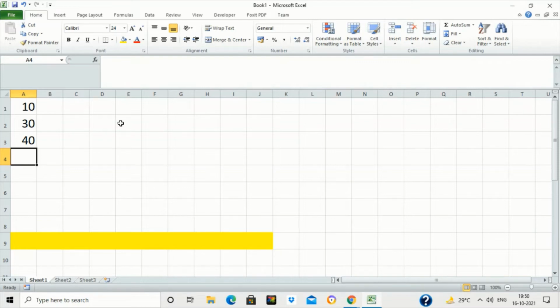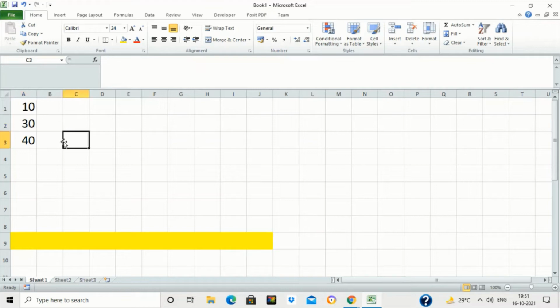And now I will write a formula using a cell address. Now we will see what is the difference if we write the formula using cell address instead of the value. So here we have written 10 plus 30 and pressed enter, and it is giving the result. And suppose the values are written in two different cells. 10 is written in cell A1, as you can see, the column is A and the row number is 1. Similarly, the cell address where 30 is written is A2, because A is the column and it is the second row.